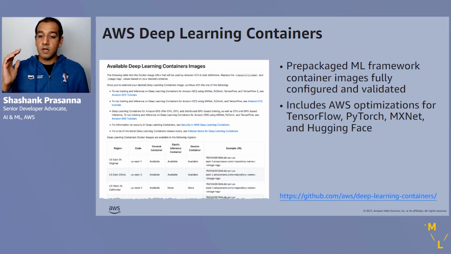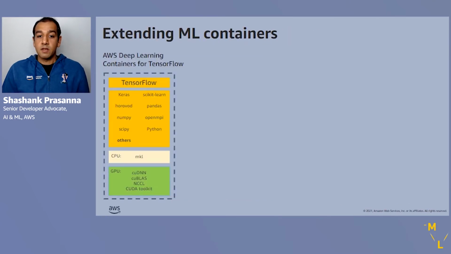And you have access to not just TensorFlow, PyTorch, MXNet for many different versions, but also libraries like Hugging Face. So these are all available to you. And again, they're fully tested and optimized for AWS. They include optimizations for storage, IO, and all the instance types that are available on AWS for you to do your training and prototyping. Now, one of the main benefits of containers, in my opinion, is that, one, of course, it's lightweight and portable and consistent across where you're going to run it, but also that you can extend it.